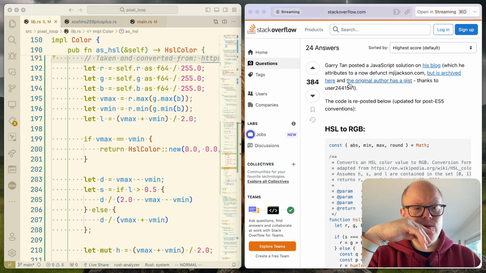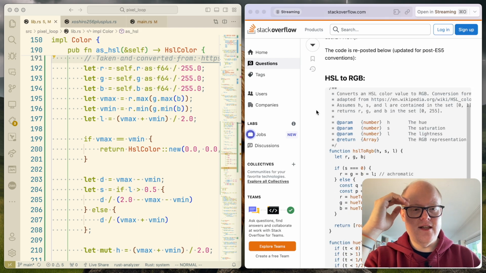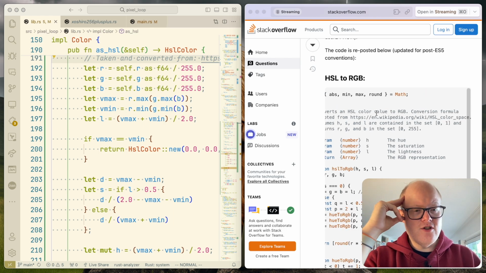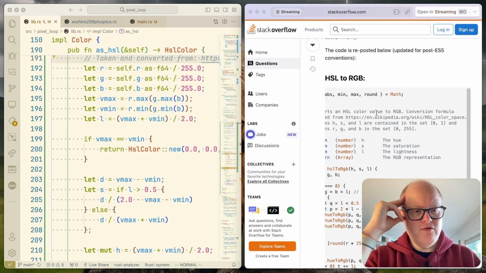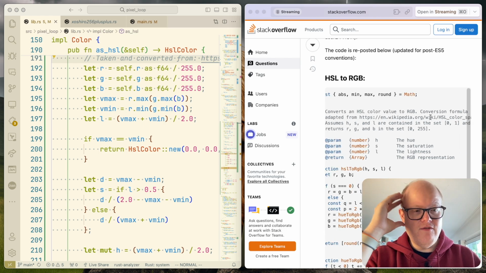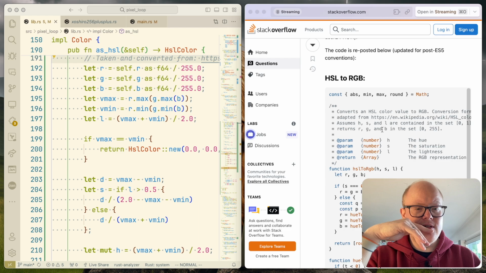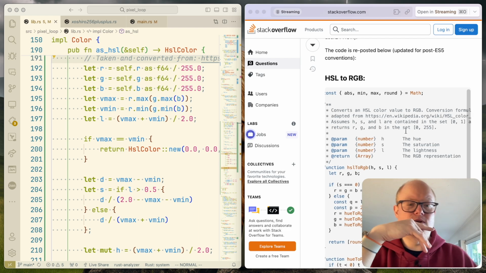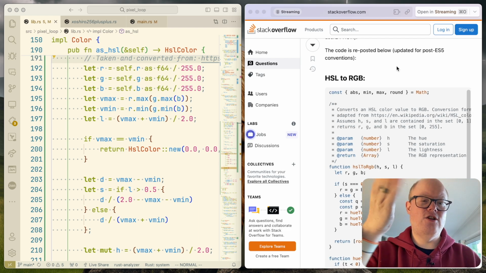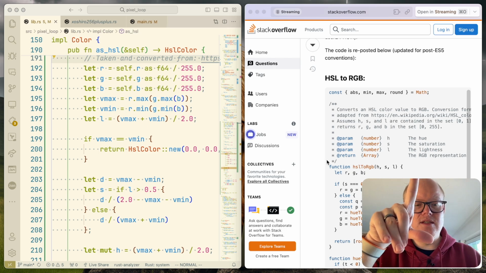JavaScript solution, which attributes, defunct, and so on. Thanks to the code is reposted below, updated for post ES5 conventions. HSL to RGB. So conversion HSL to RGB, conversion formula adapted from, okay, there would have been a Wikipedia article, okay. Assumes HSL are contained in the set 0 to 1 and returns RGB in the set 0 to 255. Okay, that's actually the HSL to RGB that we implemented here